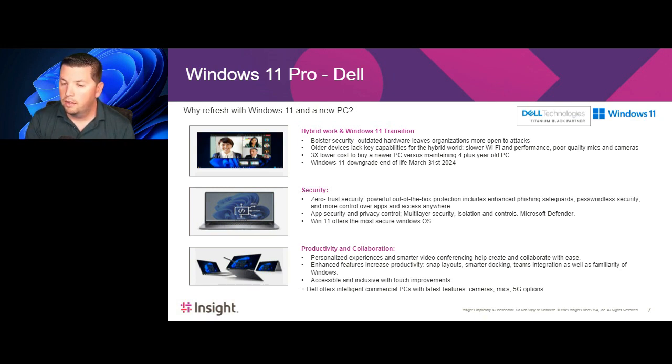And then I did see a question here related to imaging and deployment. So I wanted to make sure I found that one so we could try to address it. So let me just scroll through here. Okay, so they say...